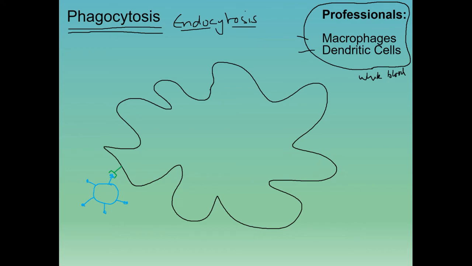Just a couple of technical terms which I can throw in. The receptor on a pathogen, so this is a generic term, is called a PAMP. PAMP, that's a pathogen-associated molecular pattern. I'm not going to write it, you can Google it or stop me and replay me. A pathogen-associated molecular pattern. And the corresponding receptor on the cell, or macrophage, is a PRR. That is a pattern recognition receptor. Okay,